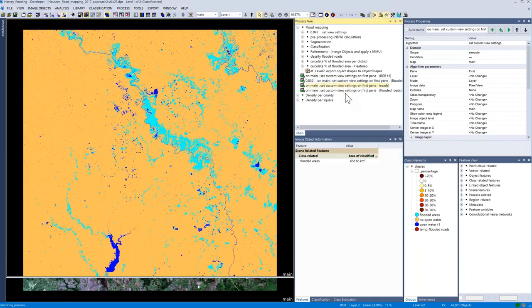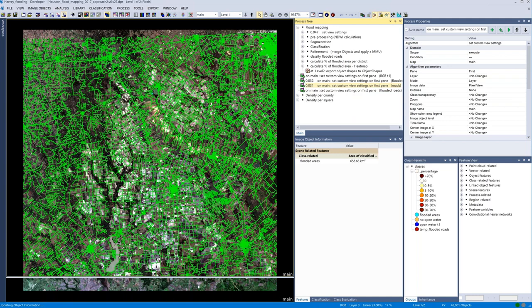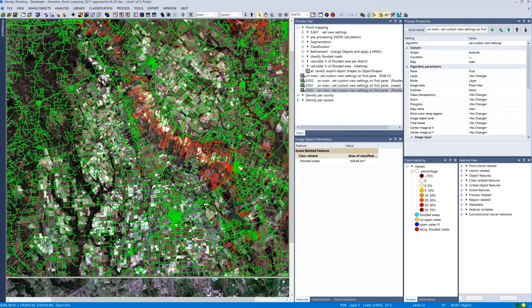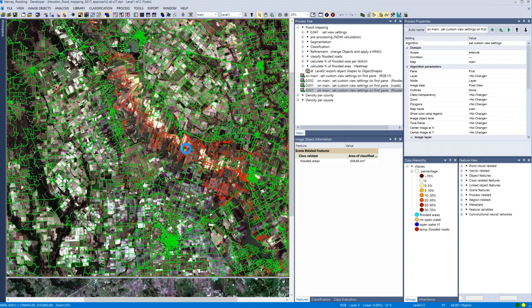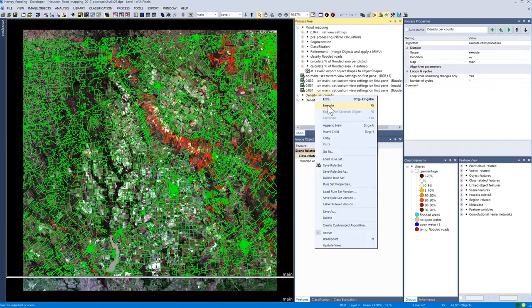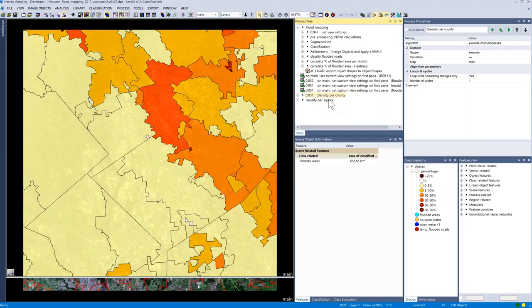Then we're gonna look at the roads. So this was initially the network that we used for this analysis, and then we extracted the flooded roads. They're now indicated in red. So this was the second product. Zoom out again. Then we have this density per county. It makes more sense now, I guess, instead of the small subset.